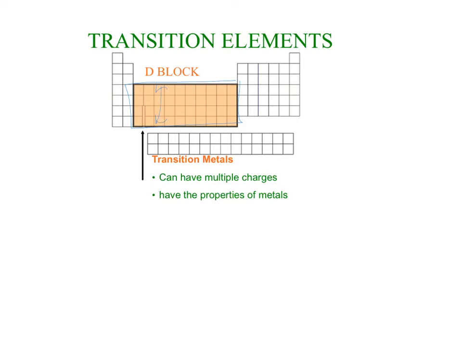And so last unit we knew this as the D block. These are also known as the transition metals. So that middle block is known as the transition metals. They can have multiple charges, which you'll see later, like in Unit 8, and you're going to see properties of